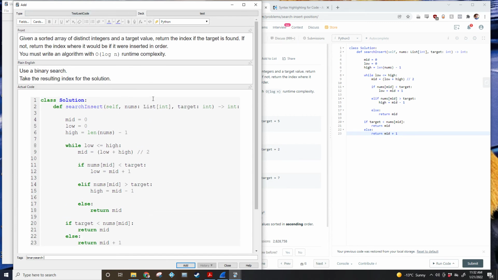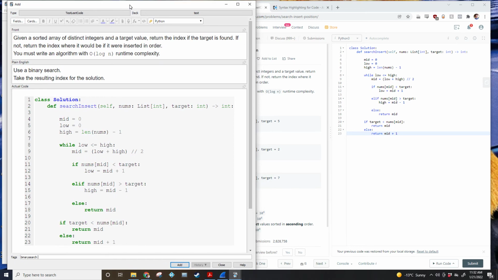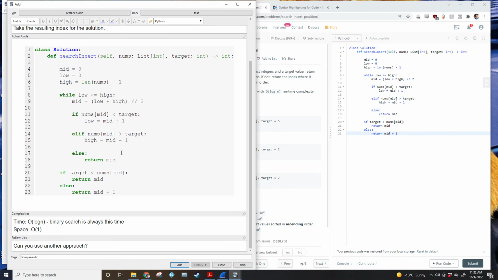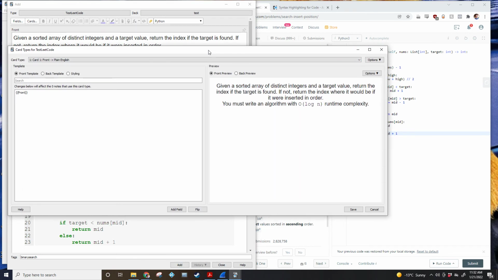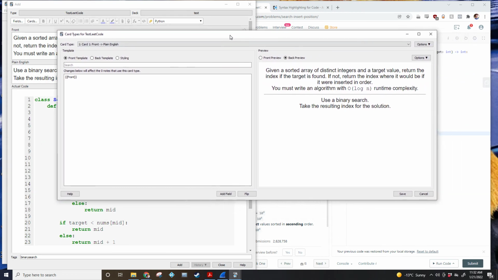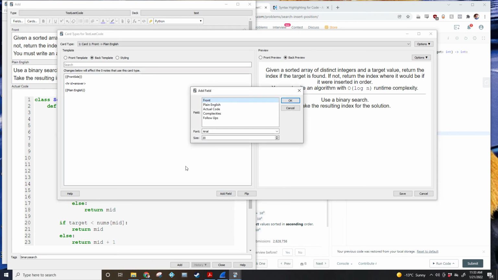Okay, so now this is filled out. Thing is, when you go to study, it actually won't show this format yet. There's one more important change we need to do. You click on cards, and now if you see, my back preview just looks like this. It doesn't add all the wonderful stuff we just added. So what you want to do is click on back template, and now click down here at the end of what's here, and you do add field,